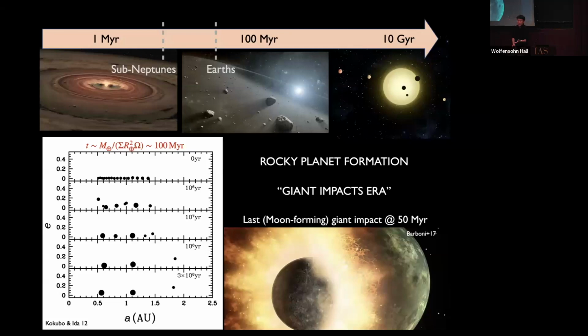We think that sub-Neptunes and super-Earths formed a little faster. Many reasons for that. They're a little bit more massive. The disks were more massive. They're closer in, so the clock runs faster. But maybe the biggest reason is that they have some gas, right? Some hydrogen in them, which they must have picked up from the primordial protoplanetary disk, which we know from observations only lasts about 1 to 10 million years.